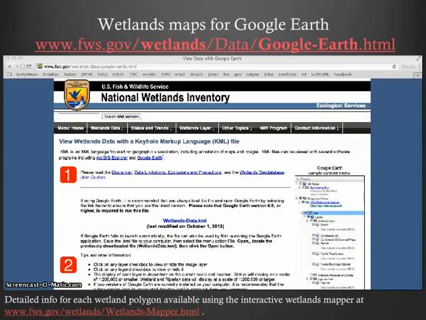To view the U.S. Fish and Wildlife Service National Wetlands Inventory on Google Earth, first navigate to www.fws.gov/wetlands/data wetlands/google-earth.html. Once you're on the main page, click on wetlands/data.kml